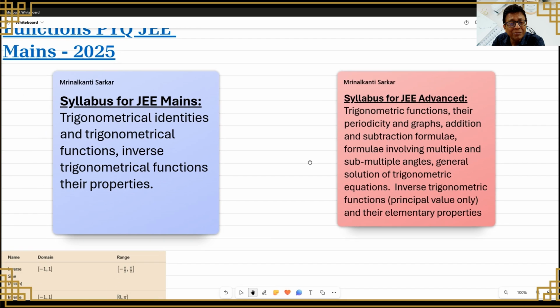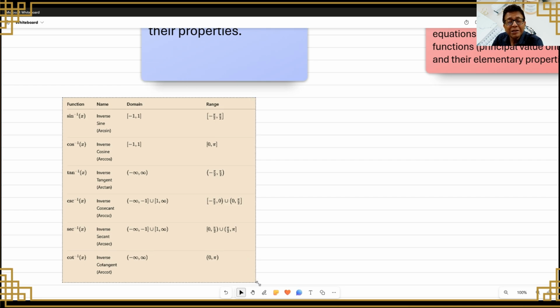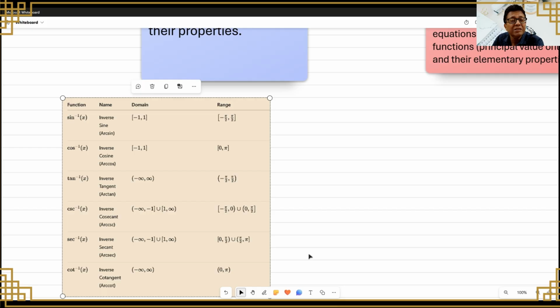Before we start solving PYQ, I just put the table in front of you so that you remember. In the past session, this was our main discussion. The inverse trigonometric function is there, its domain is this, range is this, cos inverse x, domain this, range you know 0 to pi, tan inverse it is open interval both the way for domain as well as for range,